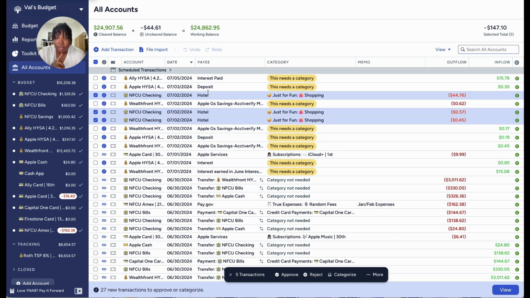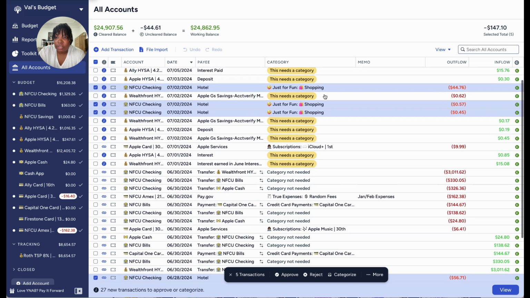Also for the hotel. It automatically changed it to hotel because you can see on the screen, as I hover over hotel, it shows how it was imported as Ramada, because I changed it to be hotel. So that's how I know for sure that this is from the work trip. But this 4476